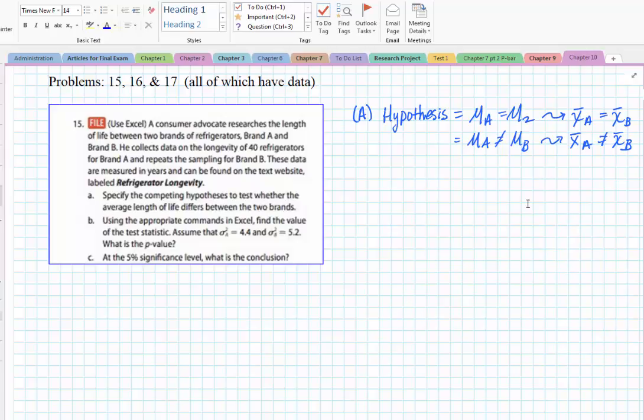Now I just want to clarify something. Up until this point we have been using these mu's, mu A equal to mu B, although my B is a little difficult to read there. Let me fix that up for you. So I just want to clarify that